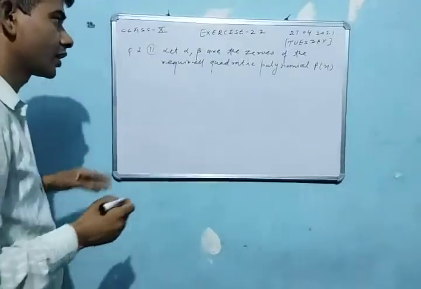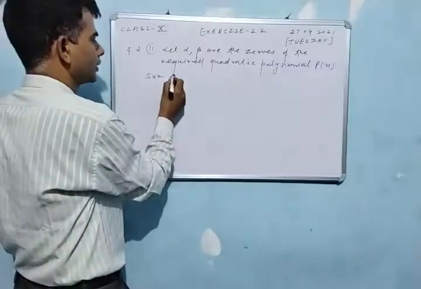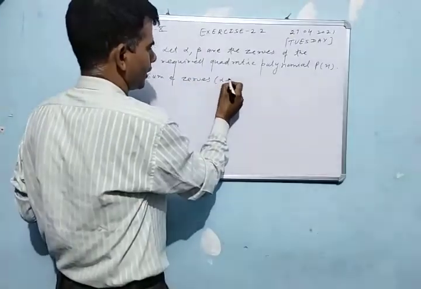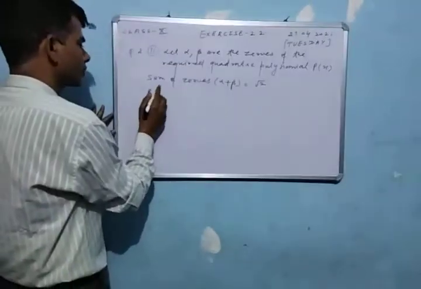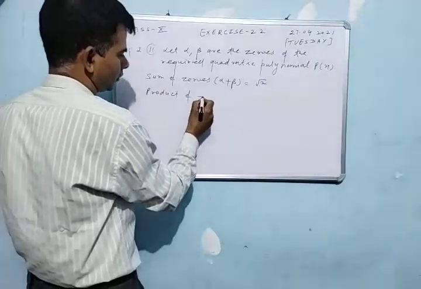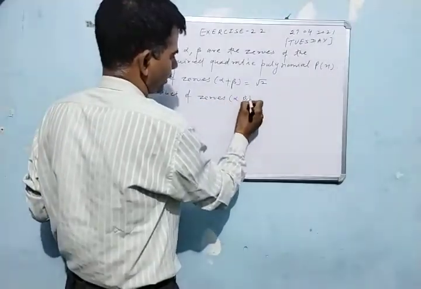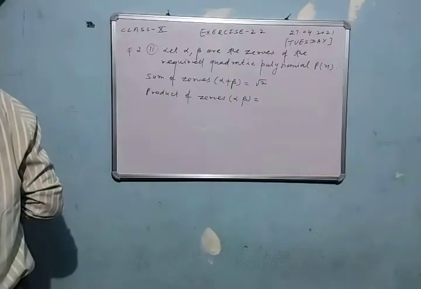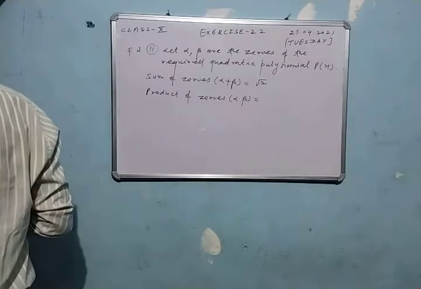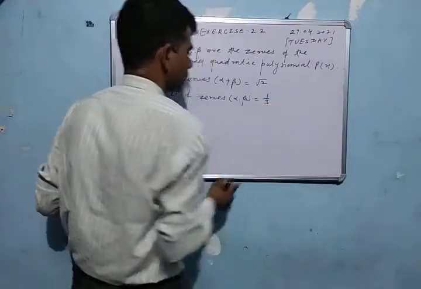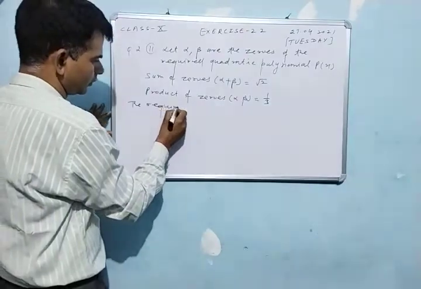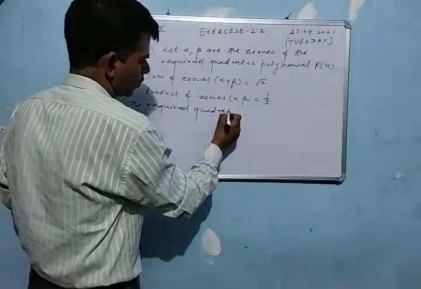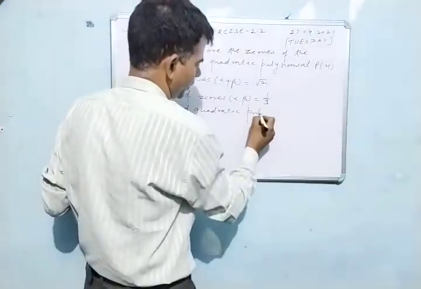Now student, the sum of zeros, alpha plus beta, is root 2, and the product of zeros, alpha into beta, is 1 by 3, as given. Now student, what is the formula to make a quadratic polynomial? The required quadratic polynomial will be